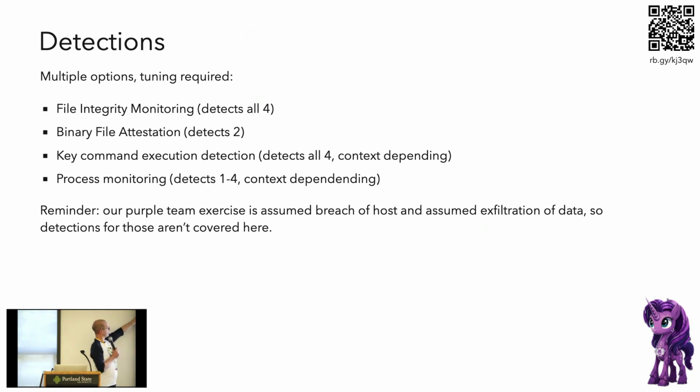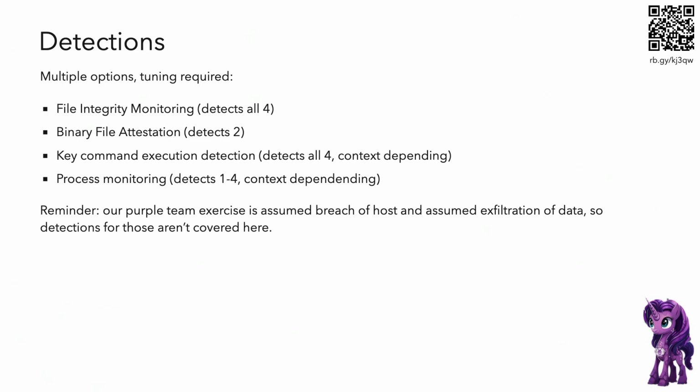Okay. This is not my forte, so a lot of this is keywords I have from friends. File integrity monitoring is kind of like, am I going to notice a file changed? Binary file attestation is like, hey, this node process, what's the hash I'm expecting? Hey, it's different. Stop it. Or maybe something like Falco, where you can say there are some really important commands no one should be running on this host. And why can't you just remove them? But anyway, there are some really important commands no one should be running, and let's go alert on those. And that's going to detect everything, asterisk.